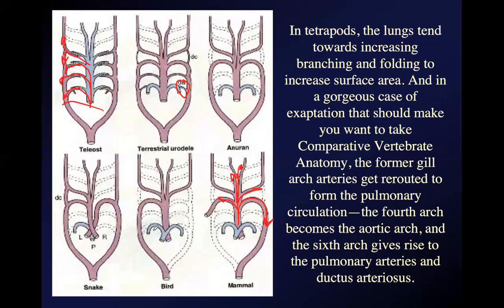You could call it both in this case, taking a structure that's already there and rerouting it to do something quite different. So something as complicated as your pulmonary circulation and your lungs is an example of several exaptations of structures that were already present in very early bony fish, something on the order of 420 million years ago. Okay, this is where the jaws are supposed to hit the floor. I'm always impressed with this. And again, if you want the details of exactly how this was done, go take comparative vert anatomy.